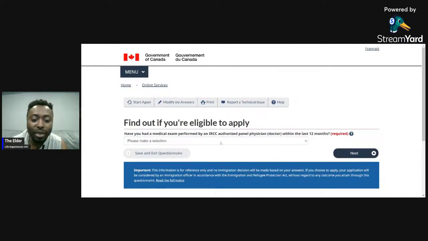Have you had a medical exam performed by an IRCC authorized panel physician within the last 12 months? So some people are reapplying, so they've already done their medicals. And some people also opt to do their medicals before they apply. So if that is the case, you already have your medical. And one thing too you have to know is